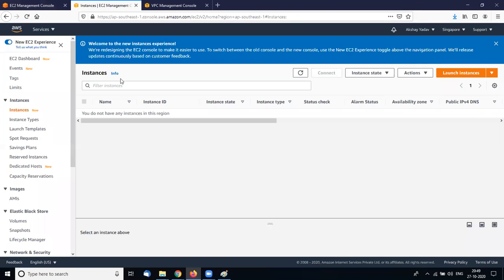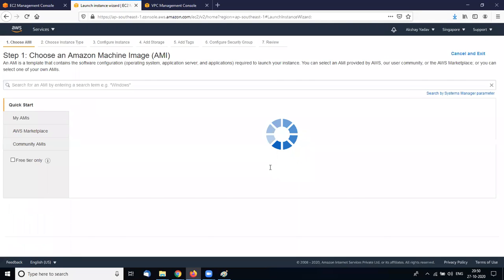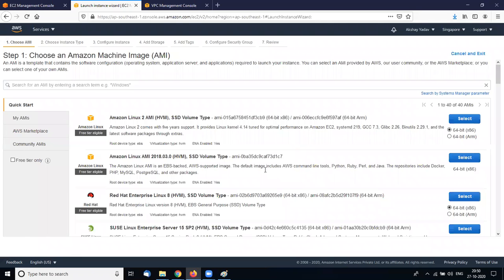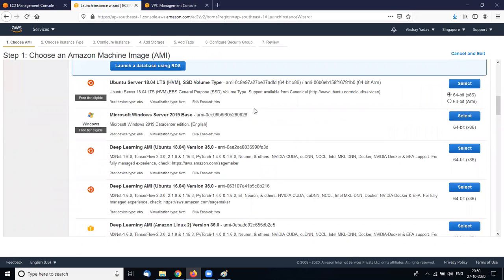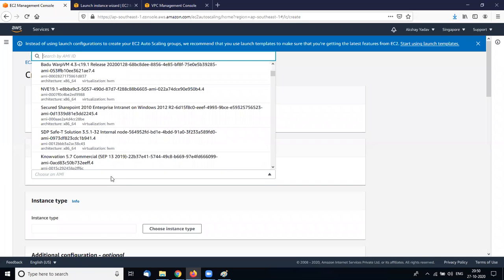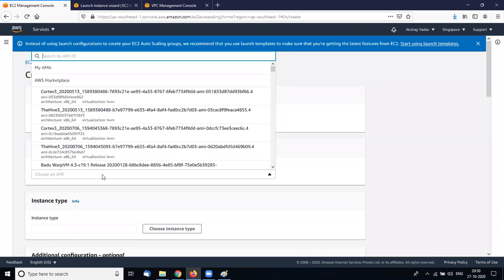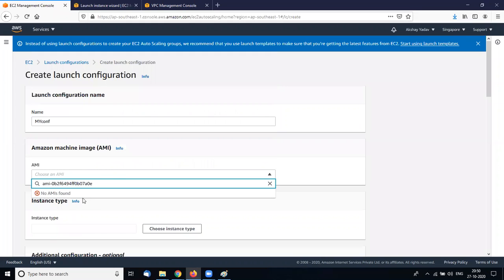This is in AMI ID format. So I need to copy my AMI ID from the launch configuration. Here I am copying my 2019 server AMI ID. Copy that machine and paste it here, so it will find easily.